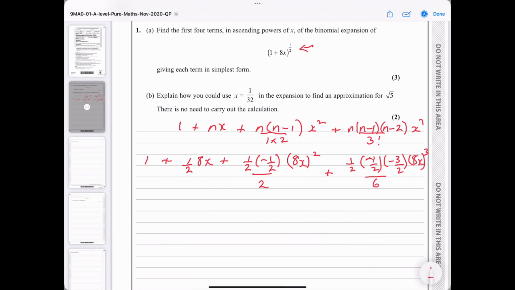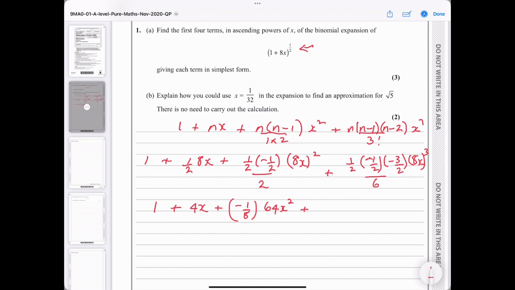So for this we get 1 plus, and that's 4x, plus, now this is half times minus half times half before we get to this bit here. So that would be minus 1/8, and then that's 64x squared. And then this one would be, I'm going to have to use a calculator at this point,